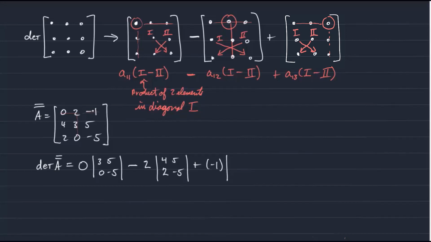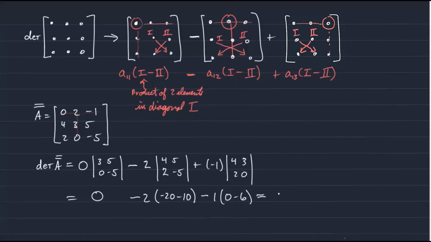And when we remove the first row, third column, we're left with the submatrix 4, 3, 2, 0. And so the solution is 0 for the first term, minus 2 times 4 times minus 5 is minus 20, minus 10, and then we have a minus 1 times 4 times 0 is 0, and we have a minus 6,